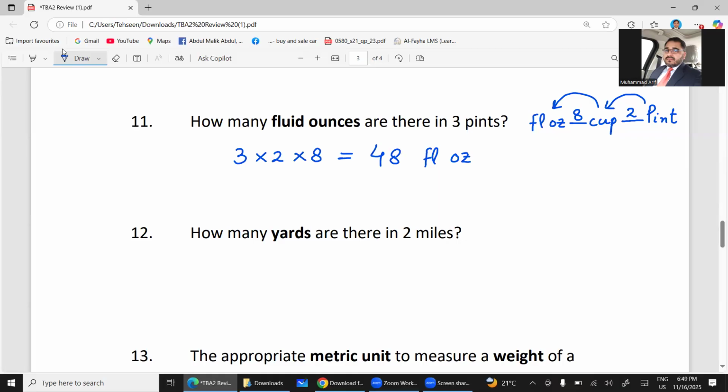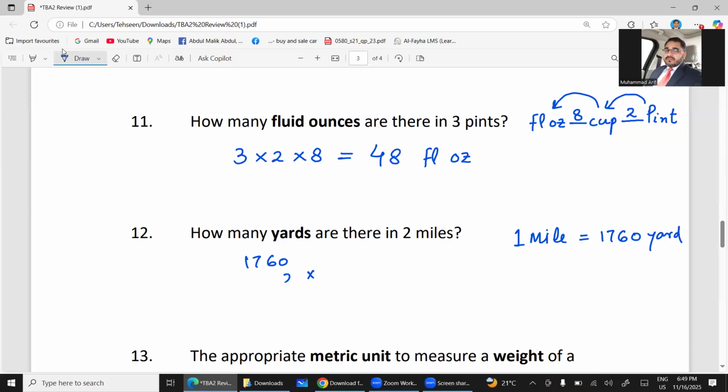Now, question number 12 is, how many yards are there in 2 miles? In 1 mile, there are 1,760 yards. This is the unit conversion of miles and yards. 1 mile, 1,760 yards. Then in 2 miles,